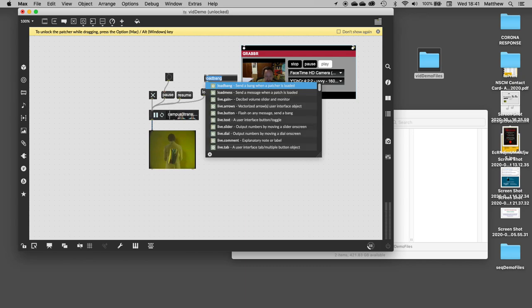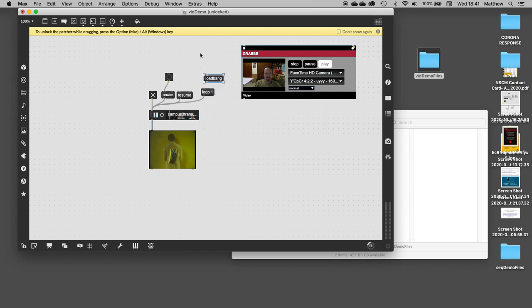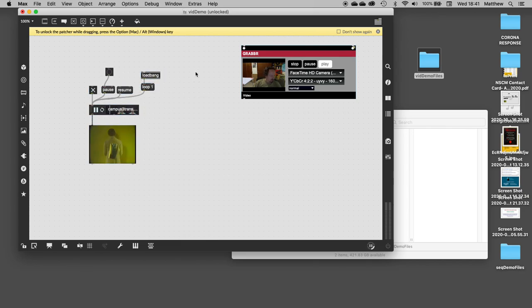So like load mess, I can use a load bang to, when the patch loads, give me a bang, send out the loop 1 to set that loop status to on. All right, let's move all this stuff over. There's just a couple more things